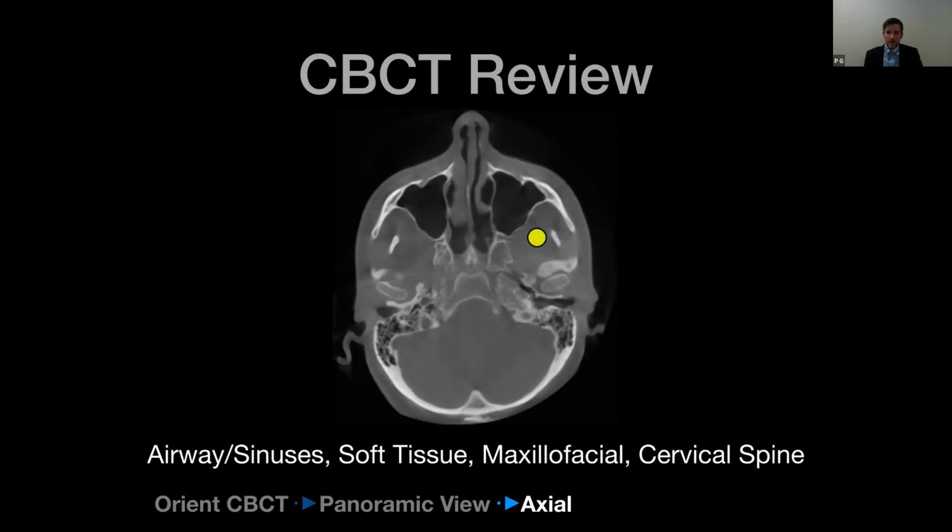And we just kind of see, in this example, a sea of gray, but you can see calcifications in soft tissue in cone beam scans. And I'll go over some of those at the end. But again, I look at everything dark, so the airway and sinuses, then everything that's gray and the soft tissue, and then follow that up with just looking at the maxilla and mandible, the maxillofacial structures, the bone, and the cervical spine.